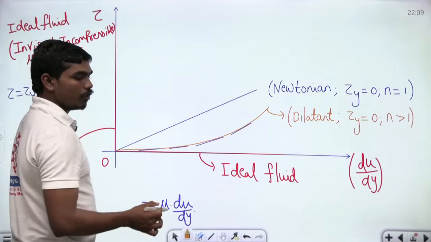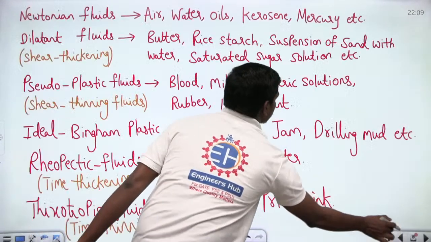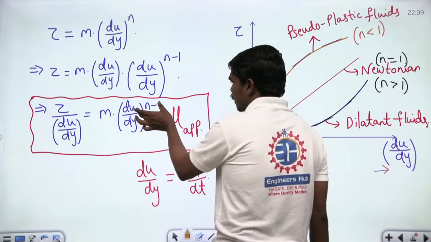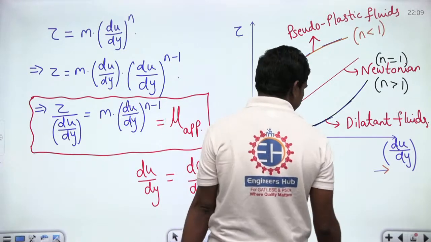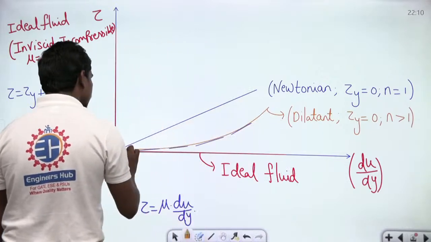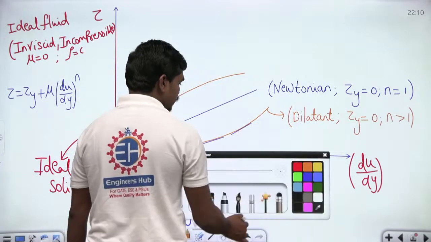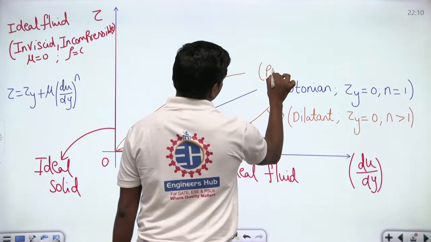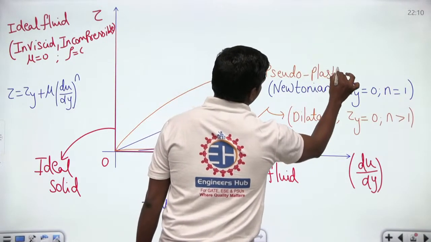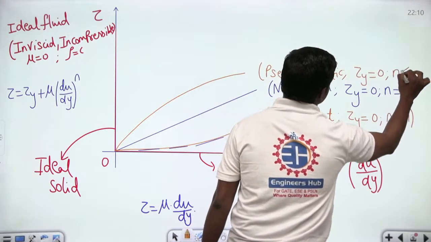Okay. Next, if you want to plot your pseudoplastic fluids on the same plot, we have seen that in case of pseudoplastic fluids, as this n value is less than 1, the apparent viscosity keeps on decreasing. So similarly, if you try to plot this on that particular graph which we are drawing here, you will get this for your pseudoplastic fluids. Correct? So this fluid is nothing but pseudoplastic,